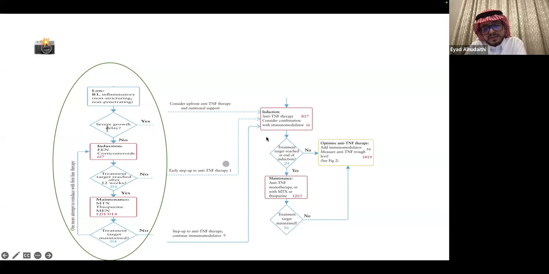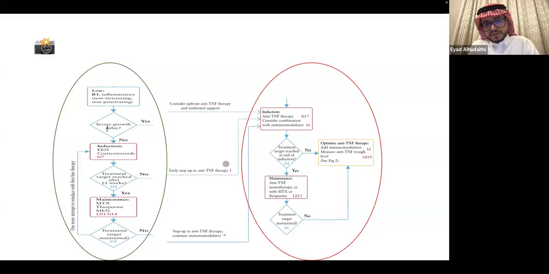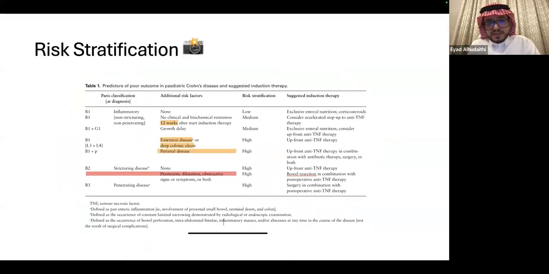On the right side, those are the patients who we chose to go for upfront anti-TNF because they are high risk. So risk stratification, or when we go for an upfront anti-TNF, if you go from down to up, if you have a penetrating disease, this is high risk. If you have a stricturing disease,